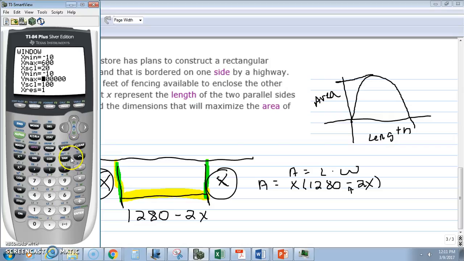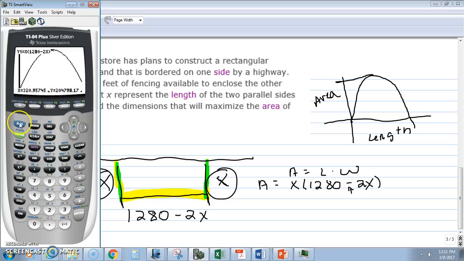And maybe 200,000. Oh, almost. I'm almost there. I just need to go a little bit taller. So I need to make my y a little bit bigger. Why don't I add a 5 here? Add 5,000. Perfect. So let's trace. And I'll trace up to the top, and it looks like it's going to be around